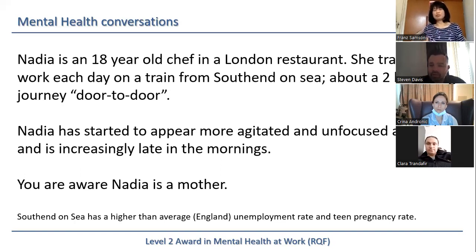Yeah. So again, if we use our observational skills, we can say, hi Nadia, look, I can see that this is a long journey for you, and I can see you've been late a couple of times. Is there anything you want to tell me? Can I help you with anything? Let's just be upfront, let's not beat about the bush. This is what the evidence is, let's just talk about that. Because she may become really defensive, and that would give you an indication: is she avoiding you? Is there something going on?